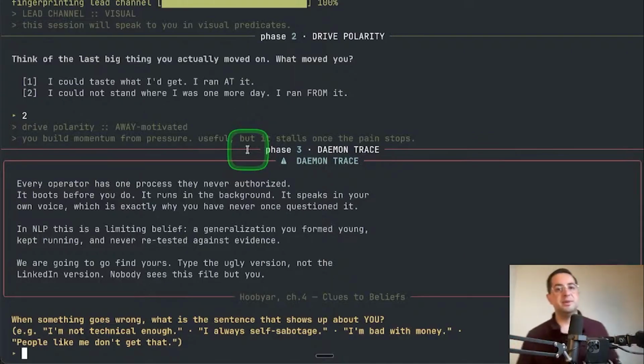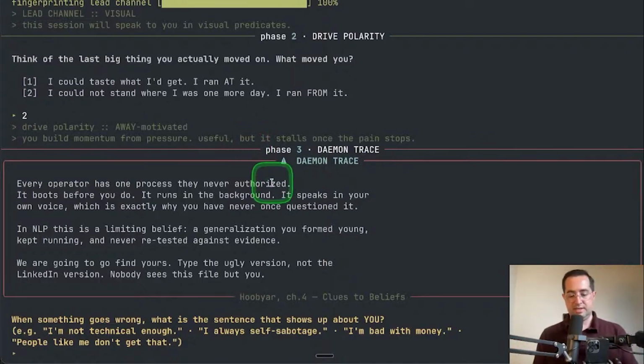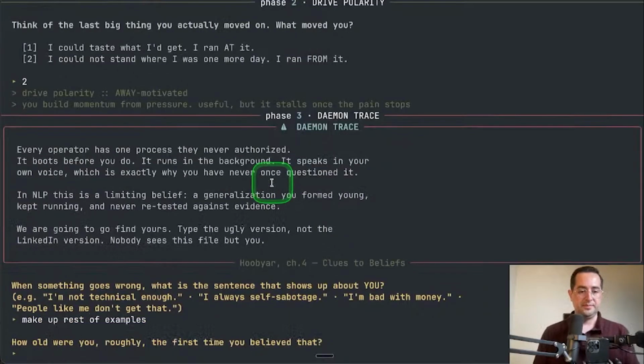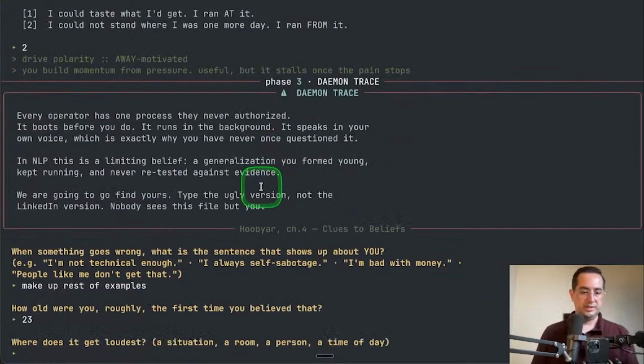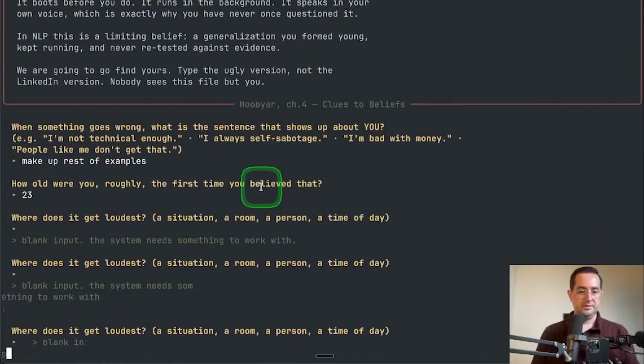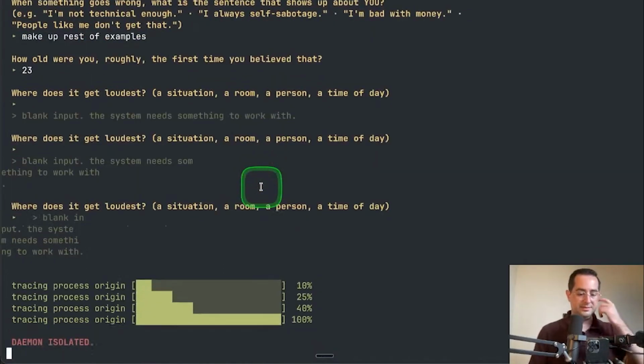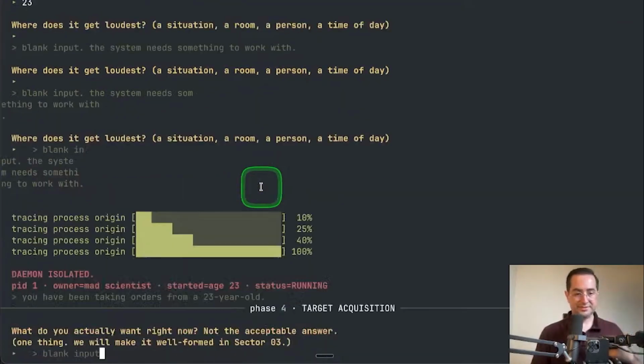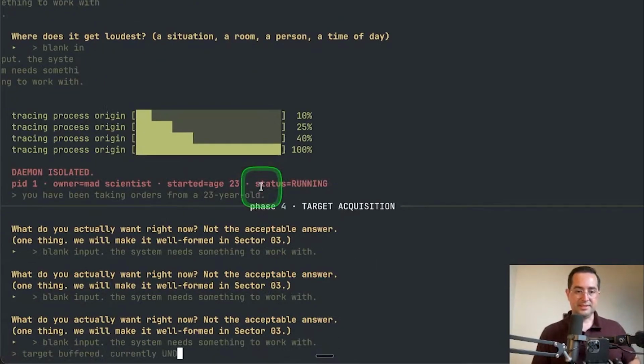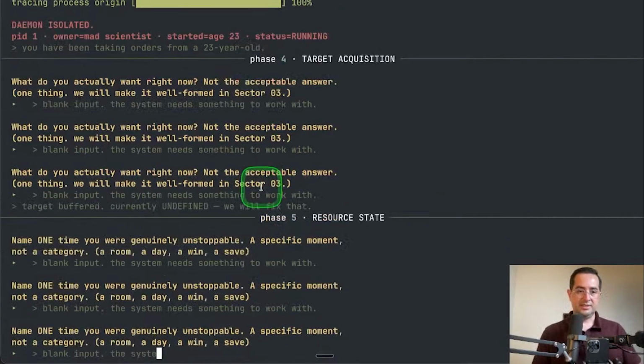I'm not going to go into this, but let's just say, make up rest of examples. I'm just going to make up stuff to kind of go through. I just kind of want to see what it does. Demon isolated, target acquired. So this is actually really going through the process of NLP, which is